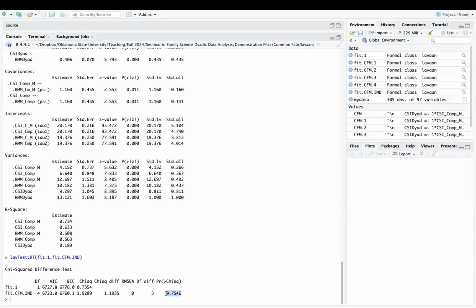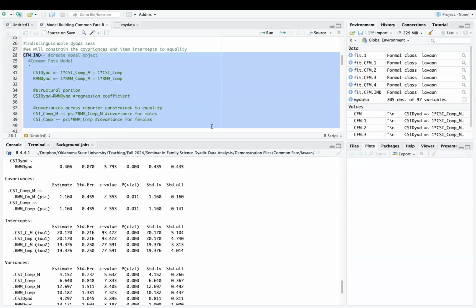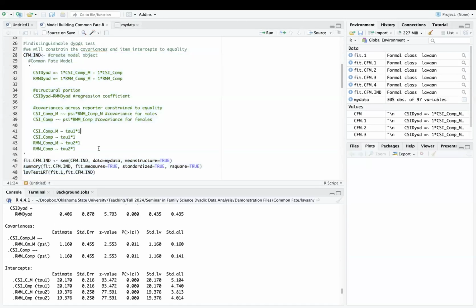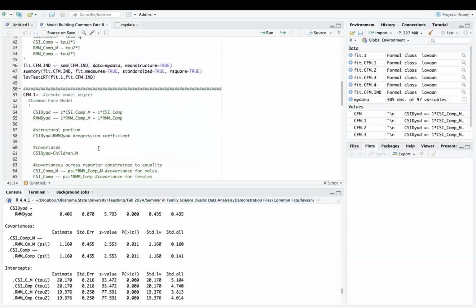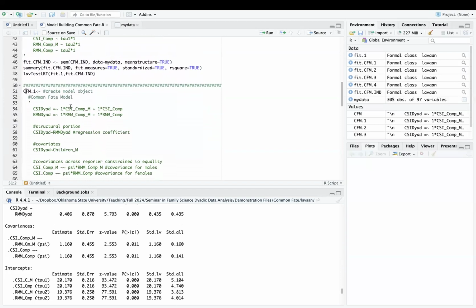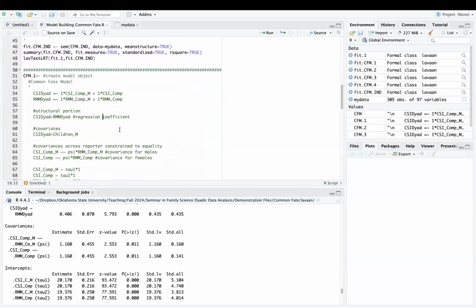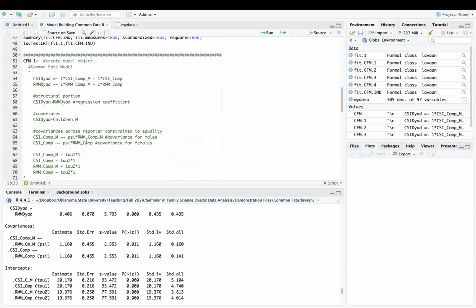So that means we have indistinguishable dyad members, which means that we actually have more statistical power than we perhaps thought, and we don't need to actually remove the constraints that we placed in the model. Instead, we're going to use this model and then move forward into subsequent analyses. Right? And so in this first subsequent analysis,